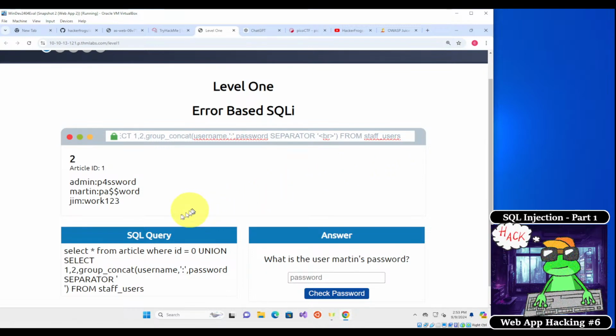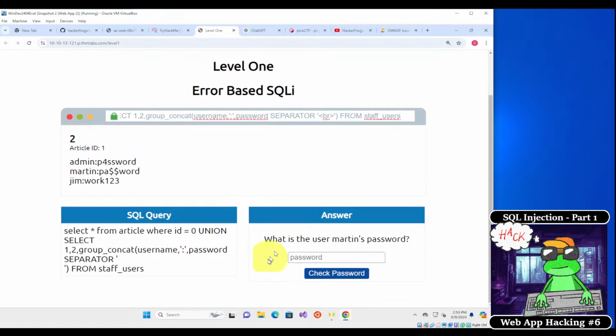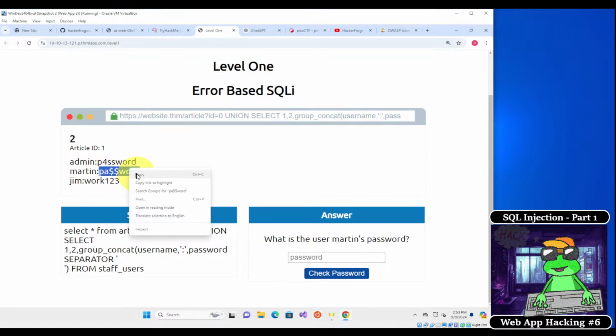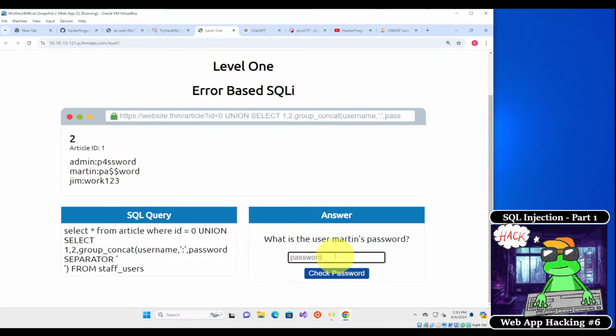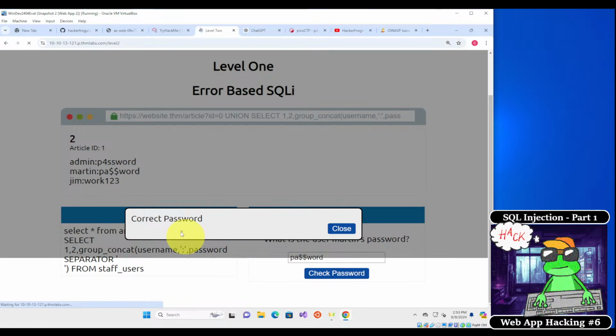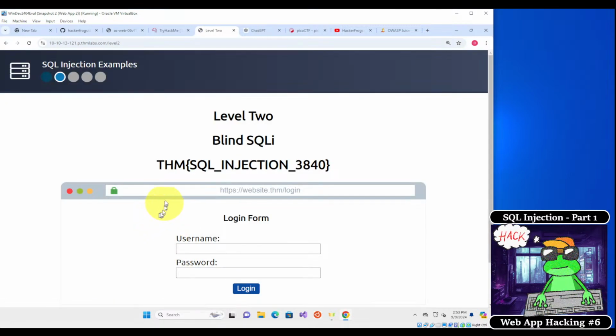And we see the passwords for the users. So there's a username admin, Martin, and Jim. What we need to do is supply the Martin user's password. So we can just copy this and then paste it in, and then click on check password. And then we're finished. Okay, so when we get to level 2 of SQL injection, we receive this flag right